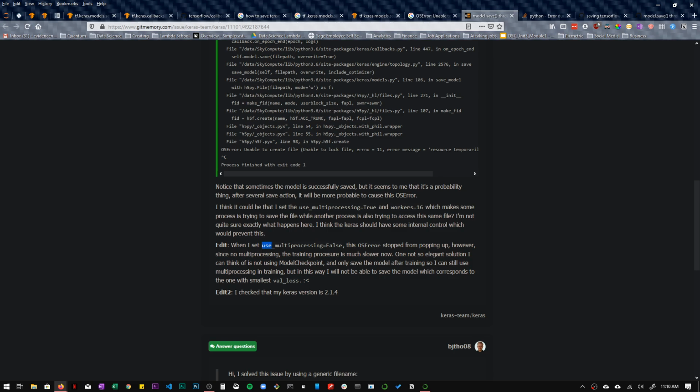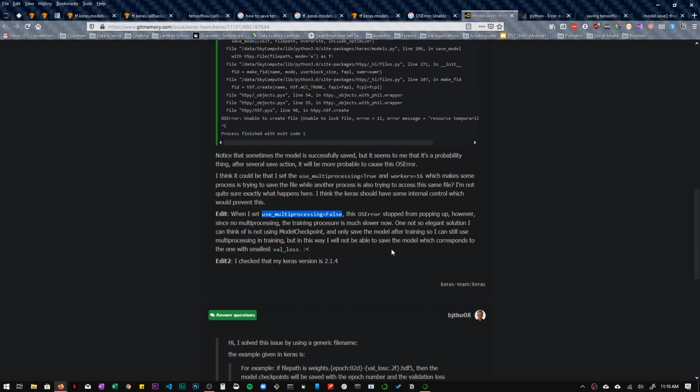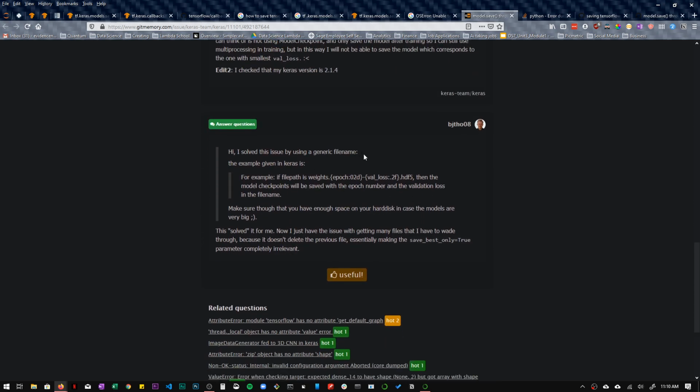Multi-processing equal to false. Okay. By using a generic file name.